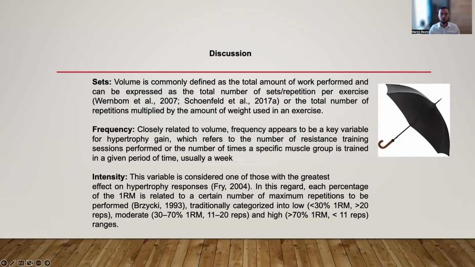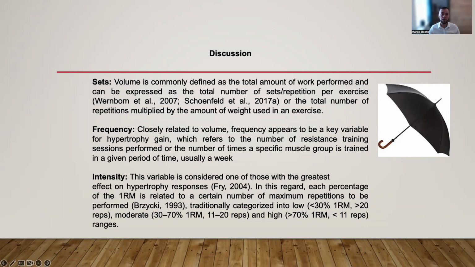About intensity, this variable is considered one of those with the greatest effect on hypertrophy responses. In this regard, each percentage of 1 RM is related to a certain number of maximum repetitions to be performed, traditionally categorized into ranges. For example, a low range, less than 30% of 1 RM, with a number of repetitions higher than 20; a moderate range between 30 and 70% of the 1 RM, with 12 to 20 reps; and a high range where the intensity is higher than 70% of the 1 RM, and the number of reps is generally lower than 12